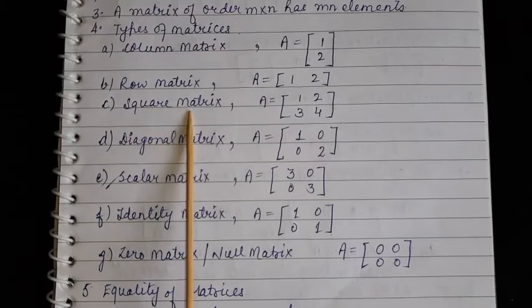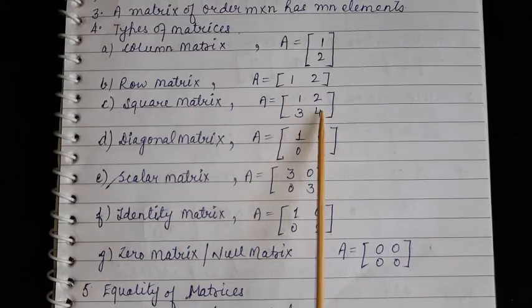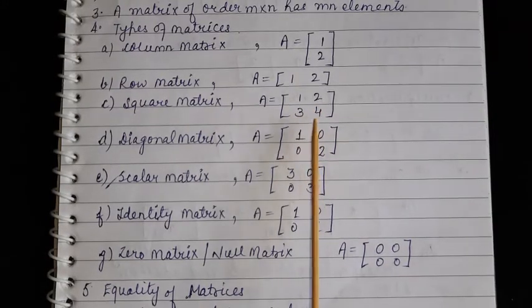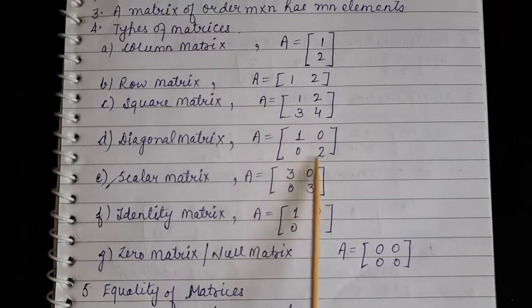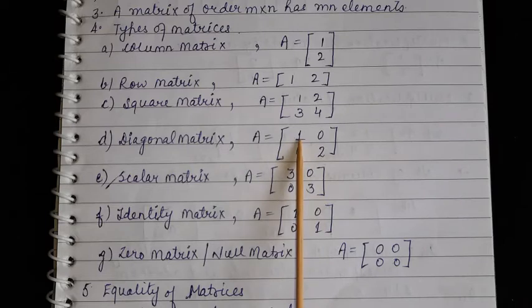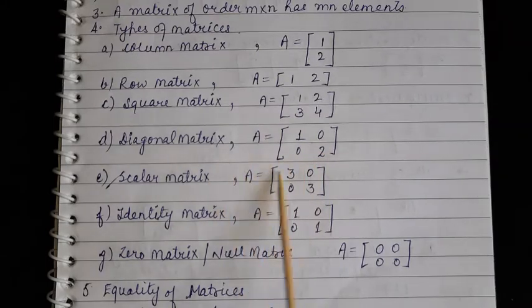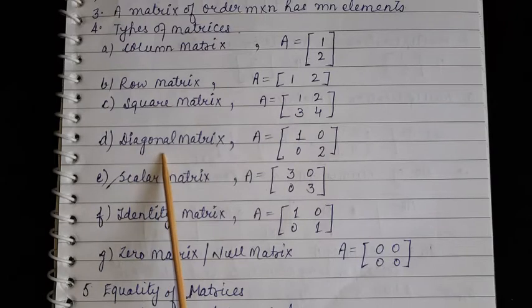Next is a square matrix, a matrix in which number of rows is same as number of columns. As you can see here, number of rows are 2 and number of columns are also 2, therefore it is a square matrix. Next is diagonal matrix. So diagonal matrix is one where diagonal elements, so these are the diagonal elements. Diagonal elements are basically where i and j are equal. So we only have one diagonal in a matrix. So a matrix, or we should specifically say a square matrix. A diagonal matrix is always a square matrix.